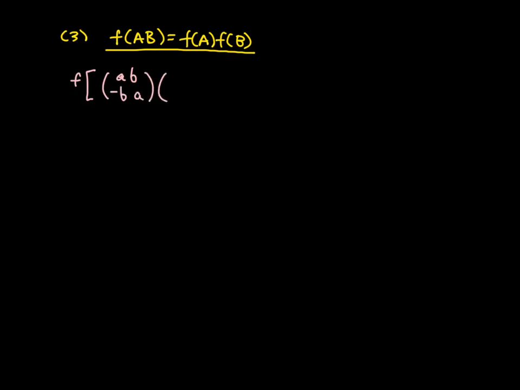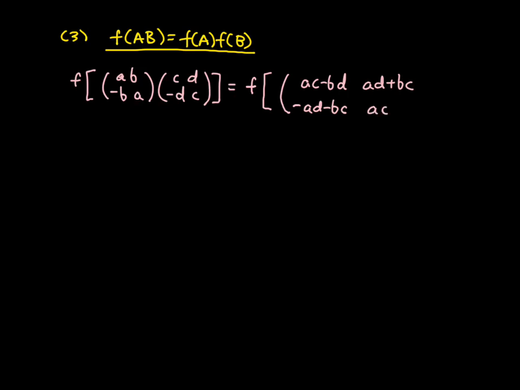So part 3 continued. The last thing we want to show is that F of A times B is equal to F of A times F of B. So once again, we'll start with two arbitrary matrices in our field K, and we will multiply them together. So when we do that, we're going to get the following matrix: [ac minus bd, ad plus bc; negative ad minus bc, ac minus bd]. And now, when we apply the function rule for F, we get that this is equivalent to ac minus bd plus (ad plus bc) times i. And then if we distribute,